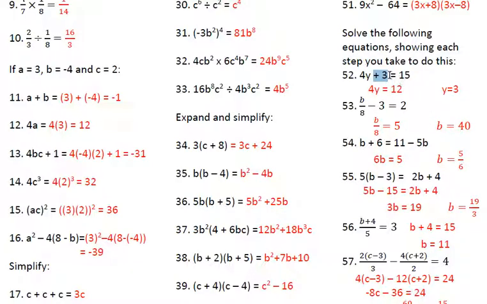Now you really do have to actually show your working for this. Alright, it says here, showing each step, should have at least one step of working. Now the reason why we want people to do this is that although in this case you might be able to guess, 4 times 3 is 12 plus 3, 15, so it must be 3. Well, yeah, we can do that, but it's not good. There's a reason why you won't get full marks for this, because we want you to learn the algebraic technique,